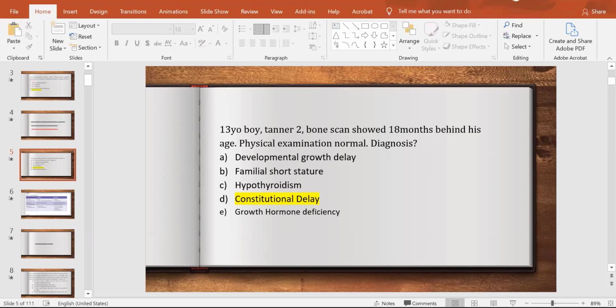Usually they have a delayed rate of development of facial bones. Facial bones will be smaller, slow tooth eruption. They will have a lack of bone elongation. Okay, poor nail growth. So all these things will be there. High pitched voice. Some of the features of growth hormone deficiency will be there. So obviously, it will not be a normal physical examination.